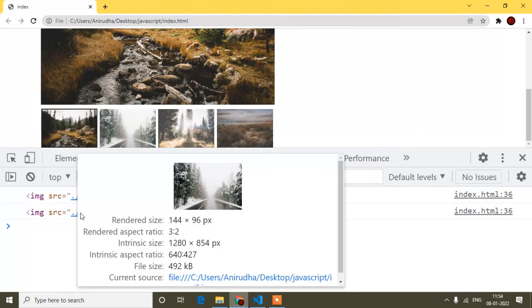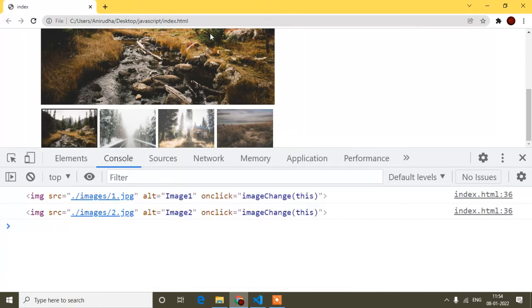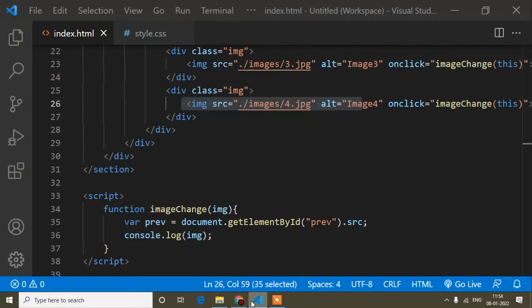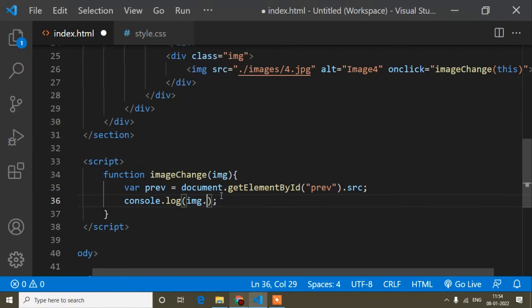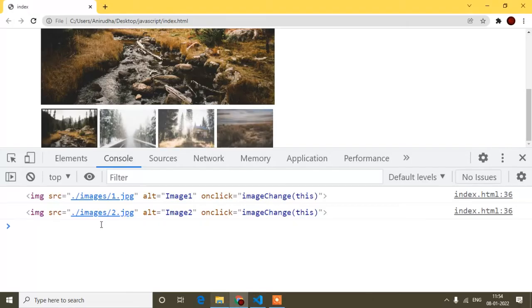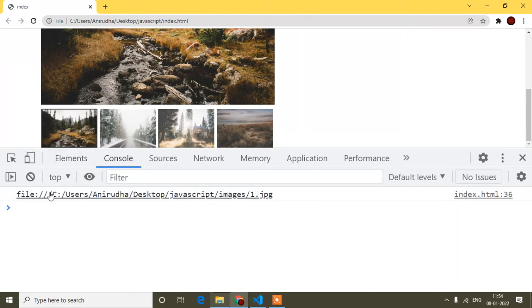In the same way, I need the source tag only, because I will put this source tag inside the display image. So here I will write image dot source. Okay, now you will find I get only the source tag when I click. If I click here, you can see I'm getting the source tag, like this.